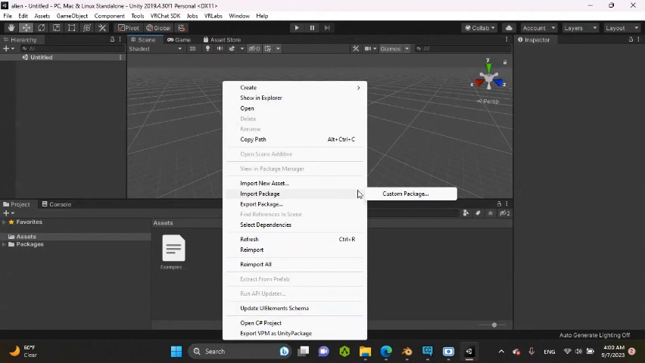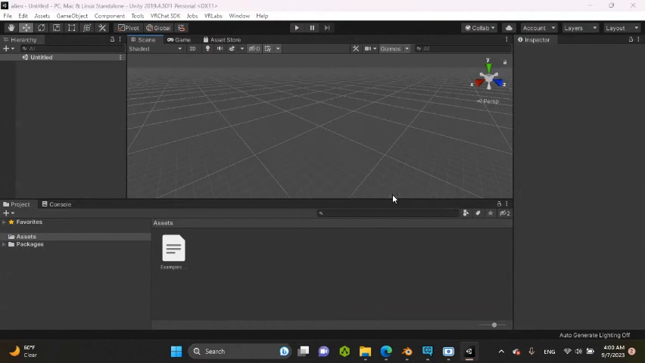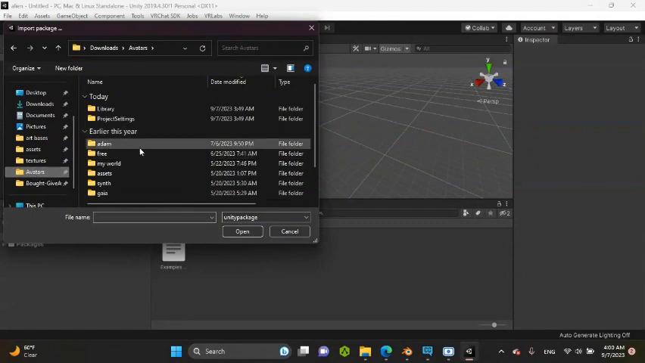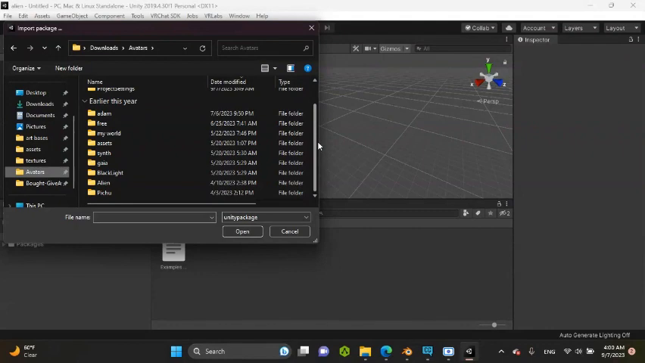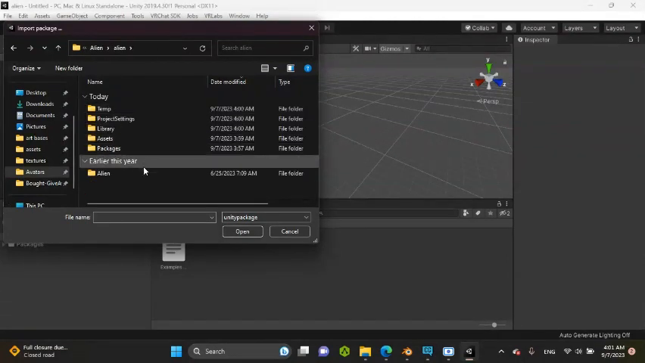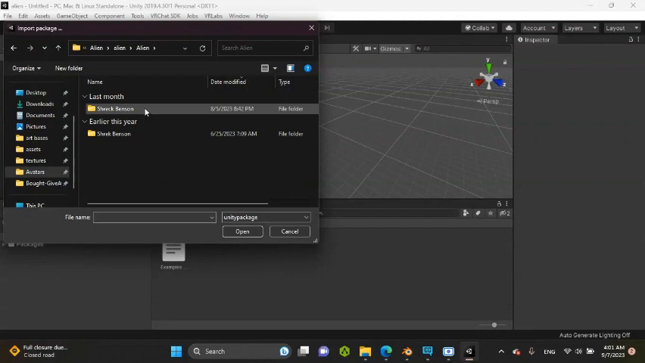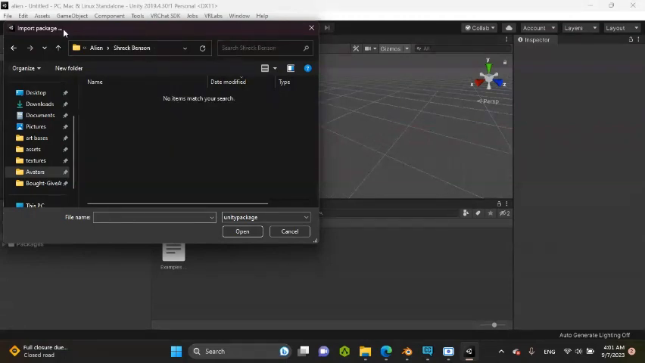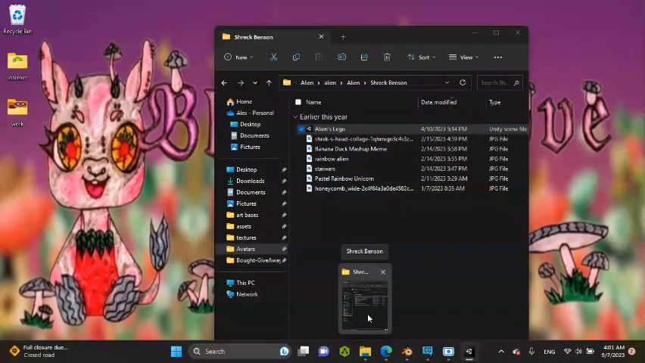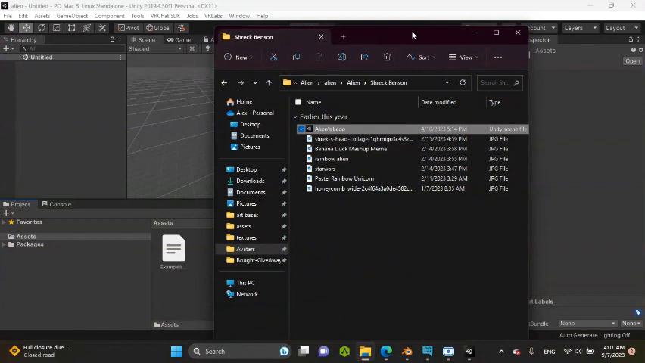You want to import custom package. And then you want to go down to wherever you placed your avatar. And you want to make sure that when you have your avatar, you place all of the textures in the same folder as it, so it's easier to access everything. Yes, of course. I'm not going to do it that way. So you can either do it that way, or you can just pull it up